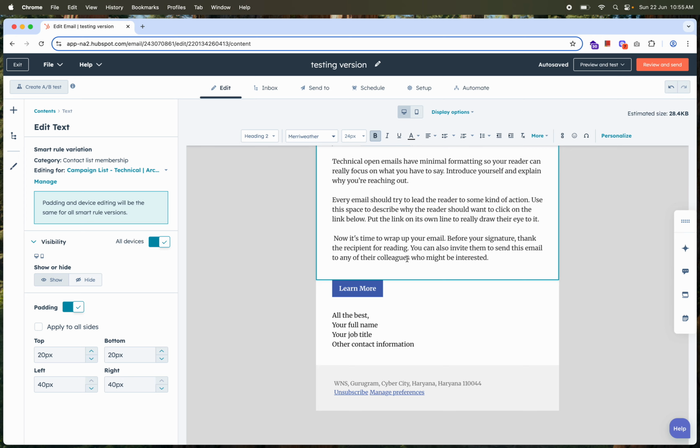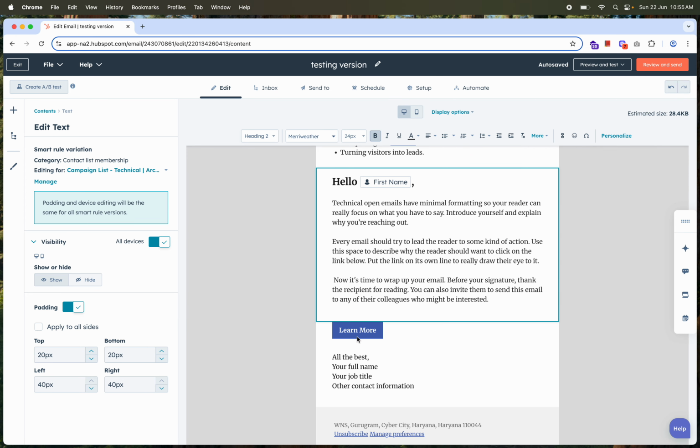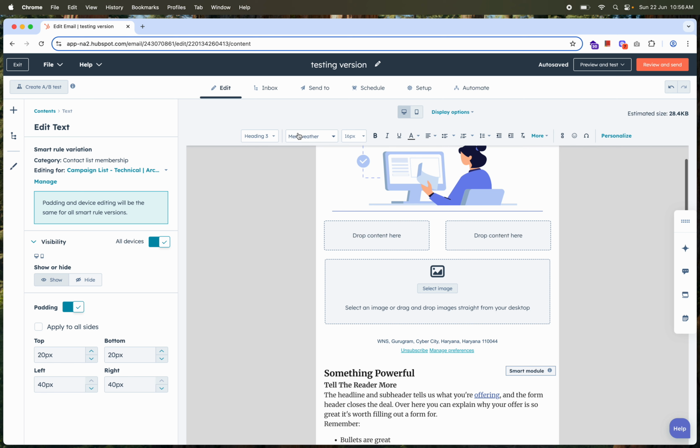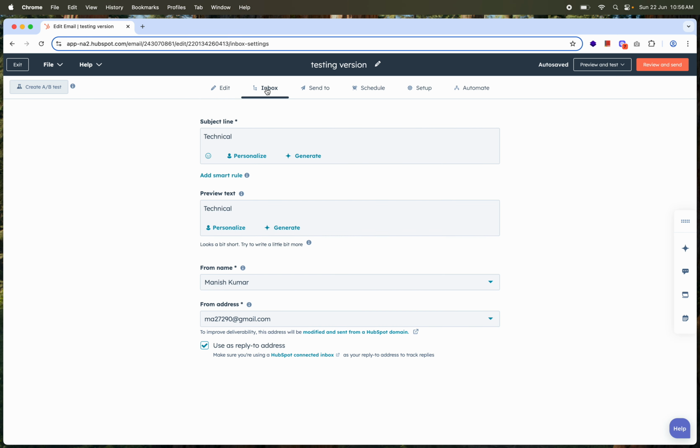So once your email design is done here, like the CTA, you can hyperlink anything, you can change anything like the font and all, just similar to Google Doc. Put the hyperlink anywhere like this. Once the design is done, come to the inbox,